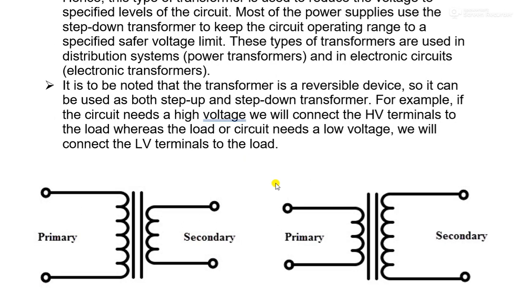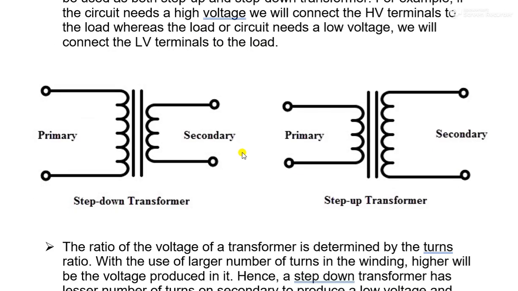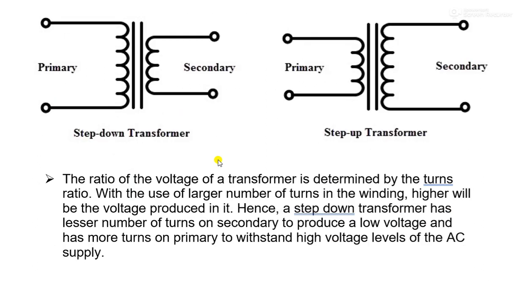Okay, now constructionally, this is the primary. The windings of the primary are more than the secondary in a step down transformer. Now in a step up transformer, the secondary windings are more than the primary. The ratio of voltages of a transformer is determined by the turns ratio, or the number of primary versus the number of secondary